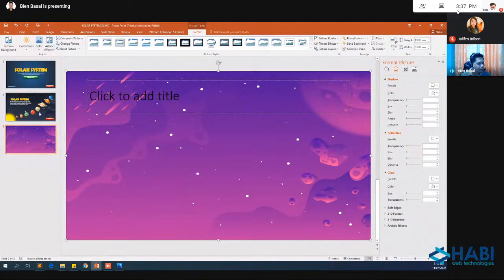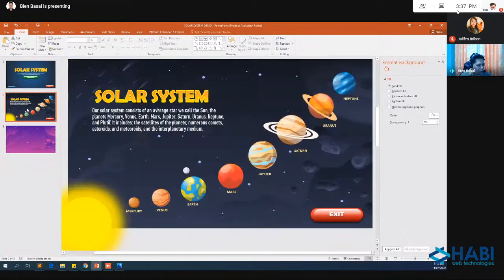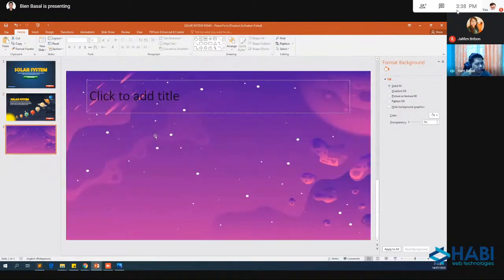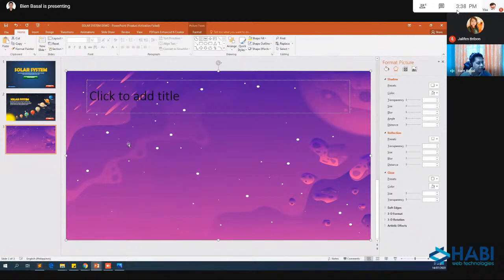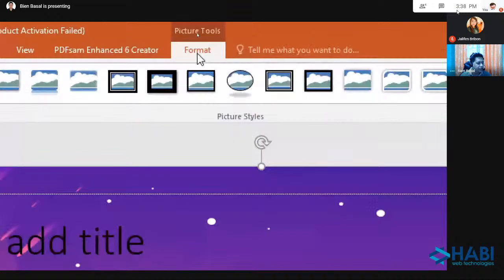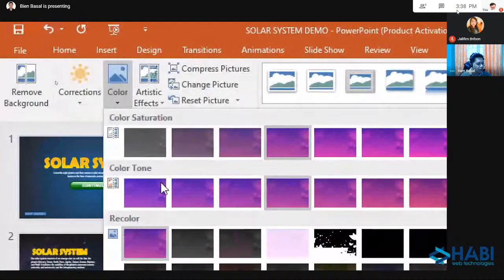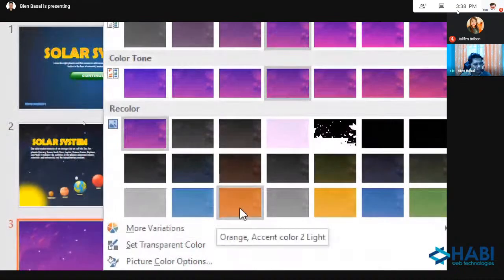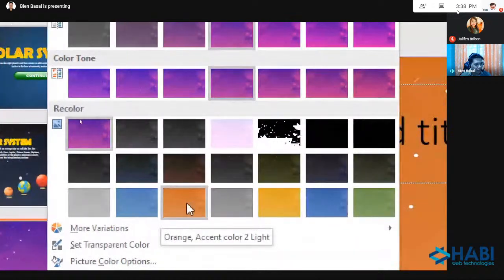So, let's say we want to create a page for Mercury, a detailed page for Mercury muna. Kasi 4 lang po yung sample ko dyan. I need to select this image first and go to the format section, format tab. And I will select color. And I will select maybe this one, parang orange accent.